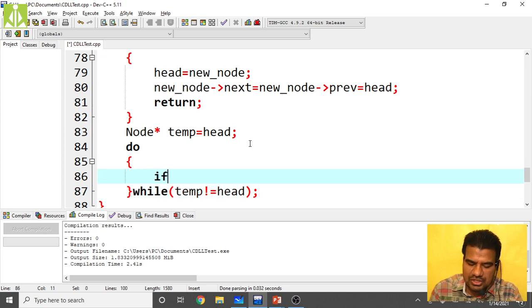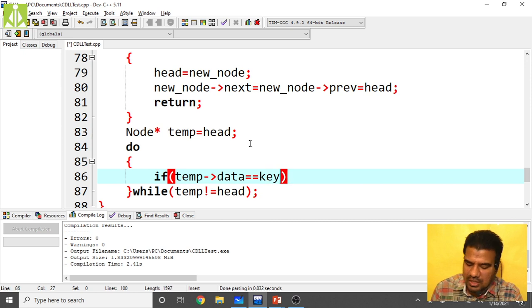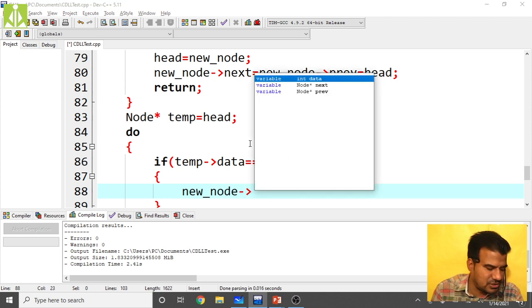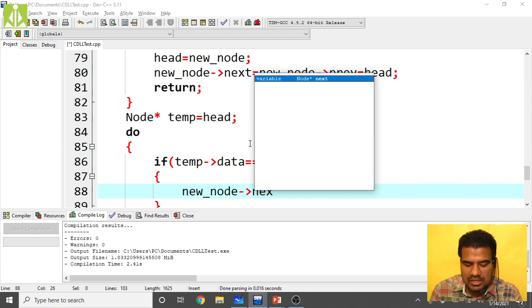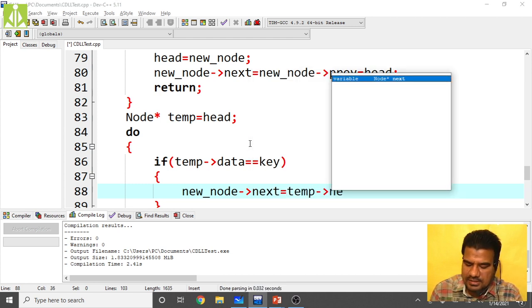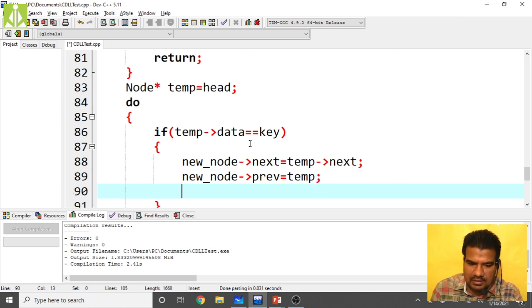Inside it, check whether temp of data equals key. If it is equal, then do the corrections. New_node of next equals temp of next. New_node of previous equals temp.